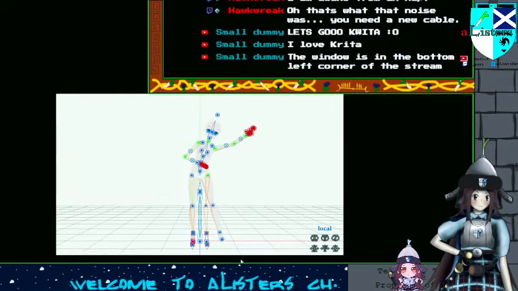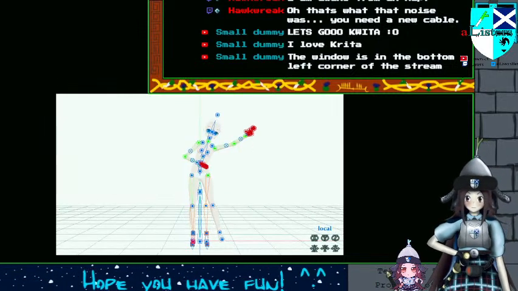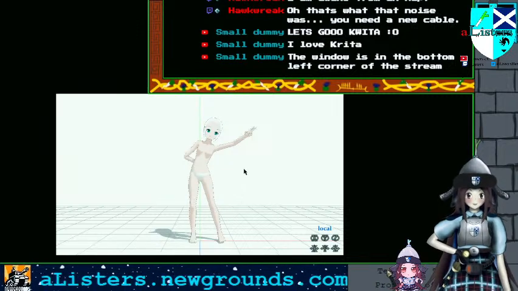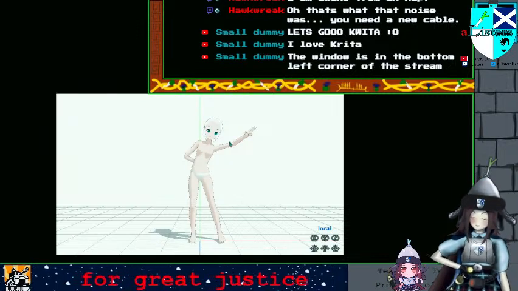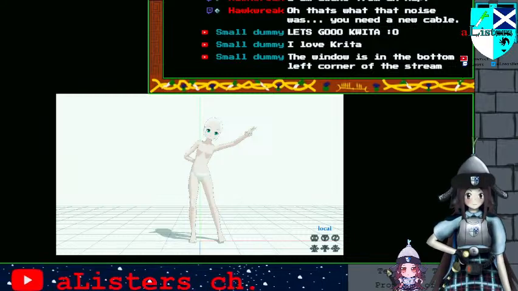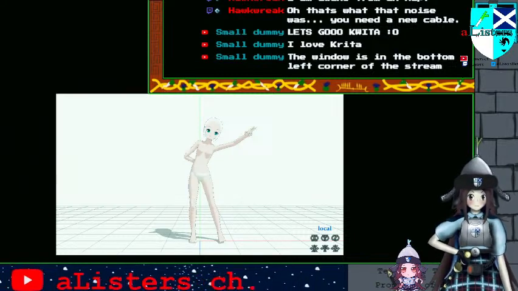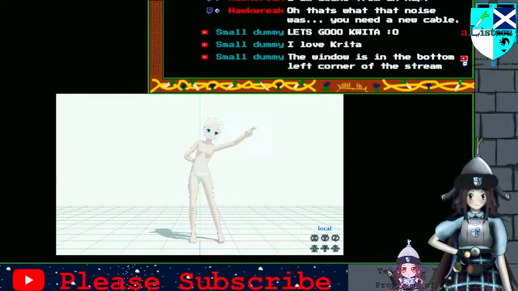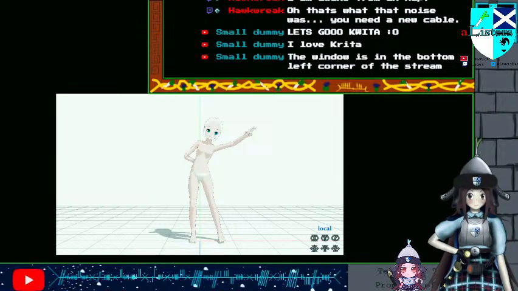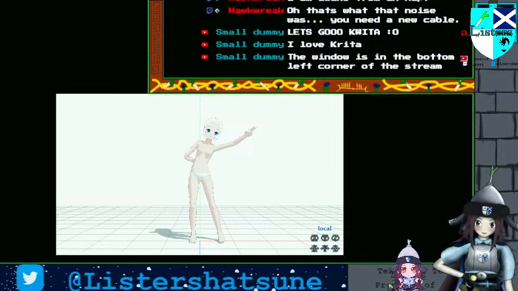Okay, I can get that. Yeah, right, okay. And then I can use the clipping tool on this, and then switch back to Krita.